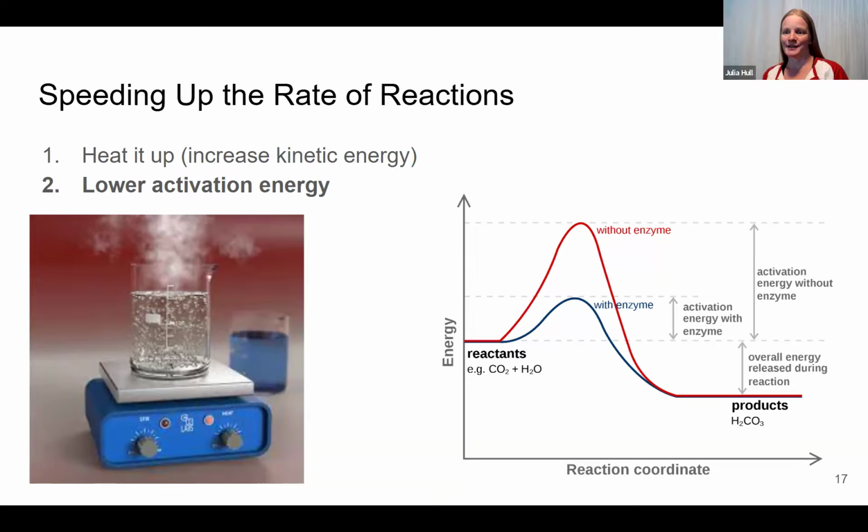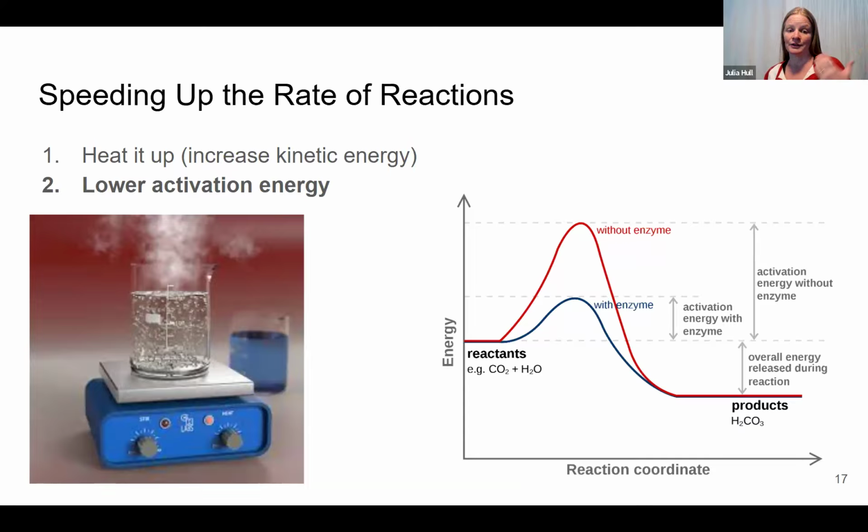The problem with this is that we need to maintain homeostasis, right? And so if we need to heat up a system so much for those chemical reactions to occur, it might be beyond what a plasma membrane can handle, for example, right? That plasma membrane might melt before we can speed up those reactions to a point that's meaningful. So we need a different mechanism because, yeah, heat it up, it'll get you only so far.